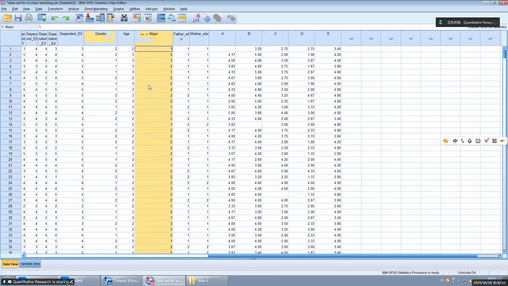For dummy variable of life science, all students majoring in life science will be labeled as 1. All the others will be 0. This is dummy variable. Okay.